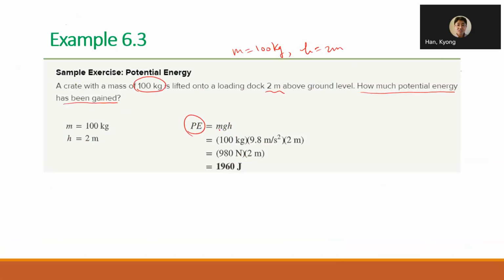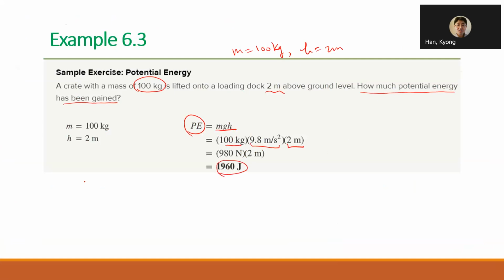P equals mgh. We can write this: m is mass, 100 kilograms. g is acceleration due to gravity, 9.8 meters per second squared. h, height, is 2 meters. If we calculate, that is 1,960 joules